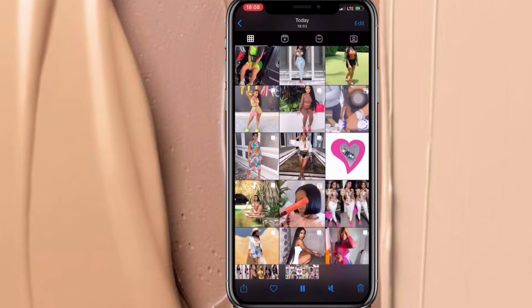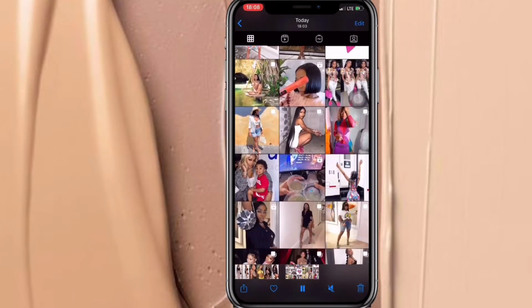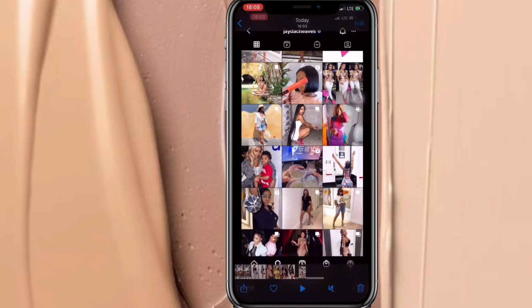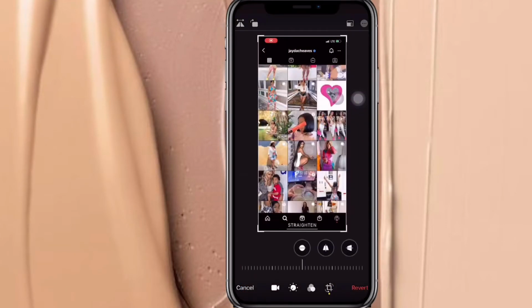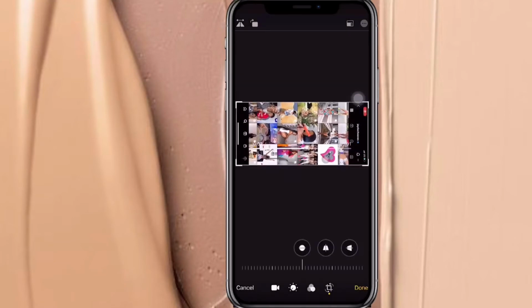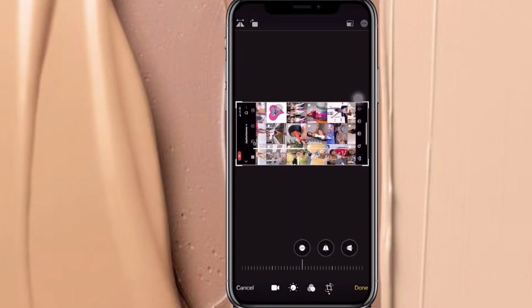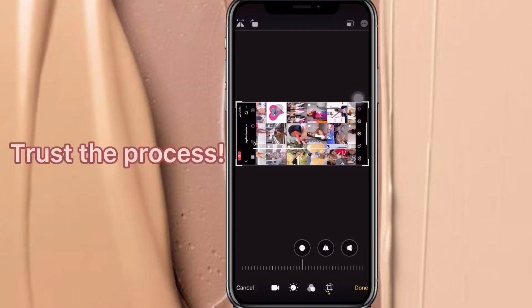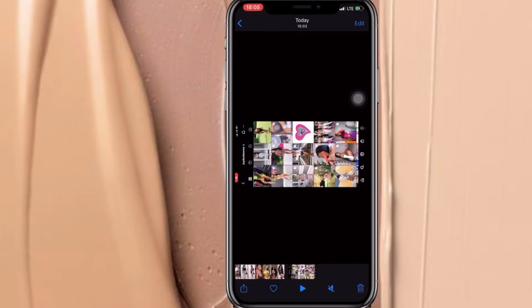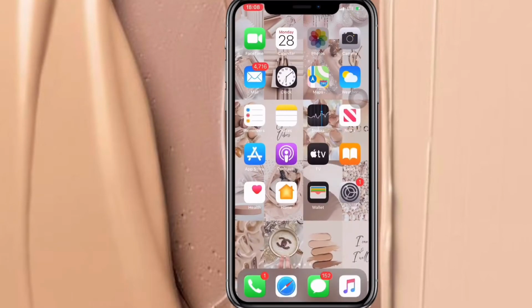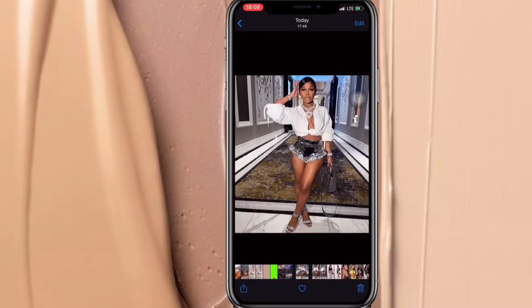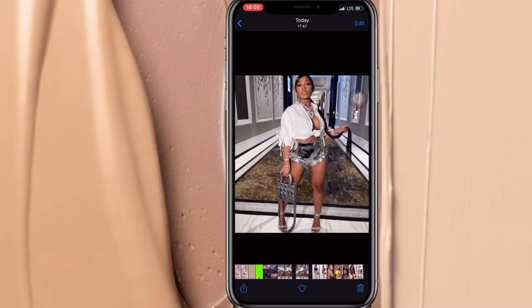Once you have the screen record of about 3 to 4 seconds, you would go to edit and you would turn it all over like this, exactly like this. Don't ask no questions, trust the process. Once you turn it like that, you can press done and it's saved. Like I screenshotted these 3 pictures of her. These are the 3 first pictures that I would use. So